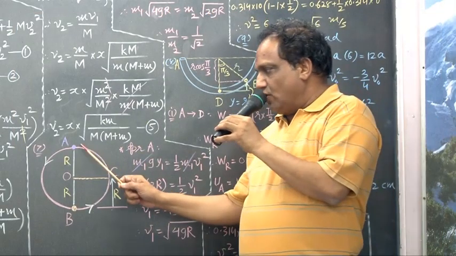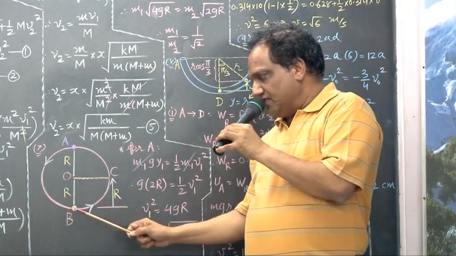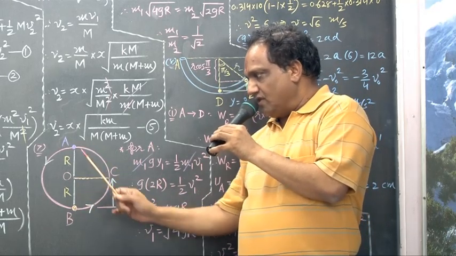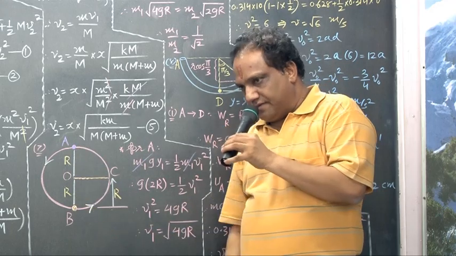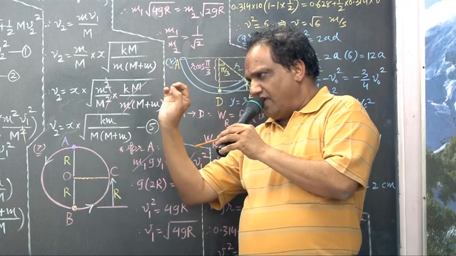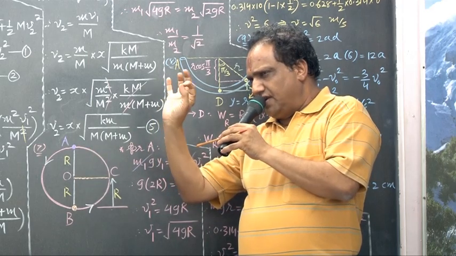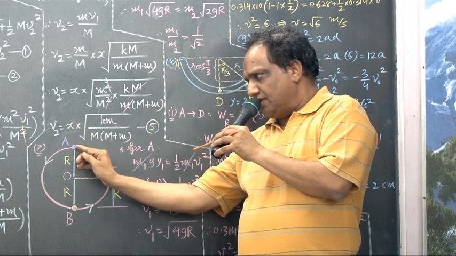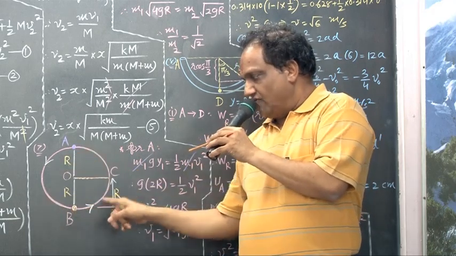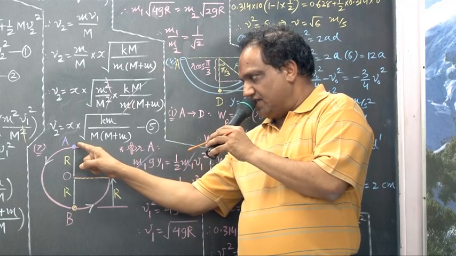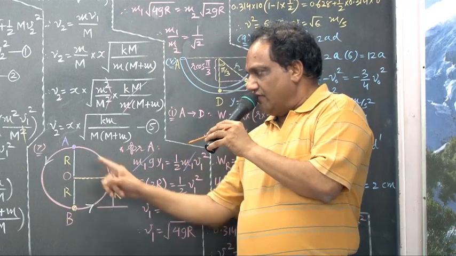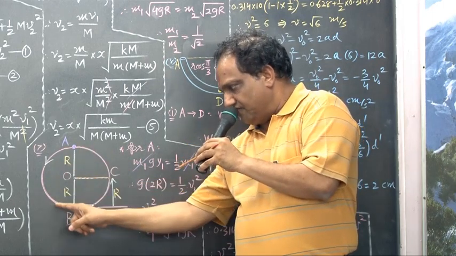We have one circular wire which is very smooth, on which there are two beads. One is A, another is B. What we do, we just push this bead very little, a negligible force we just exert on this, correct? So what will happen on this smooth wire, this bead will start rolling this way, correct? It will come down, fine.